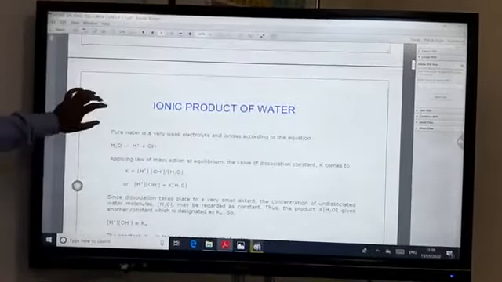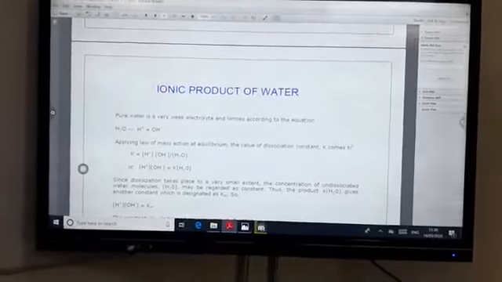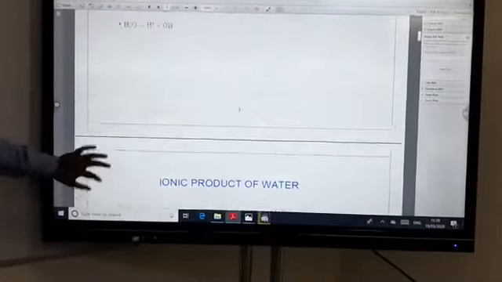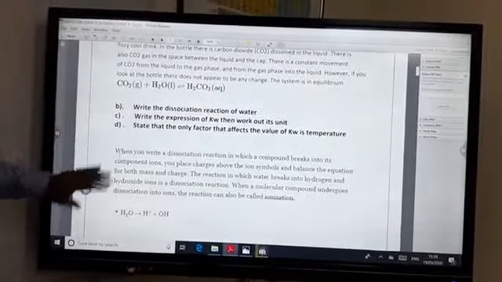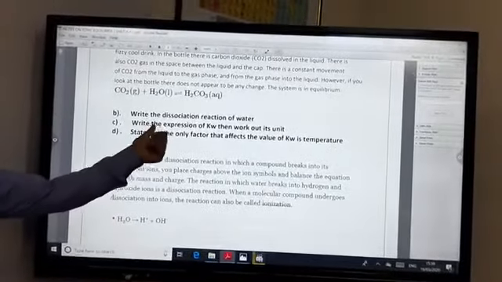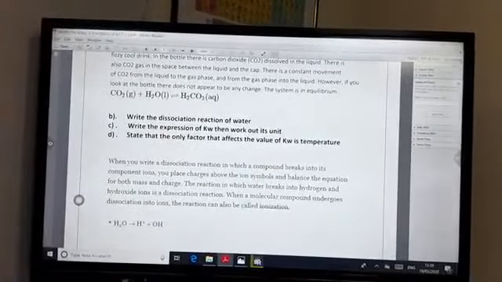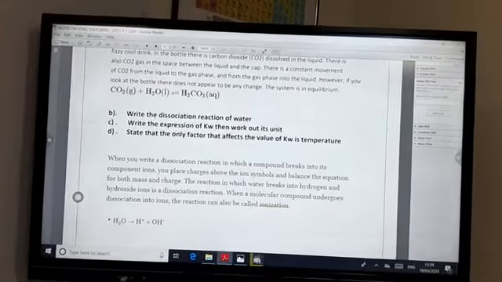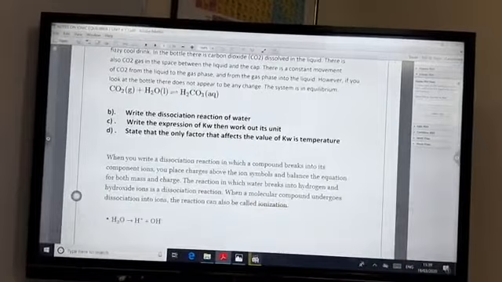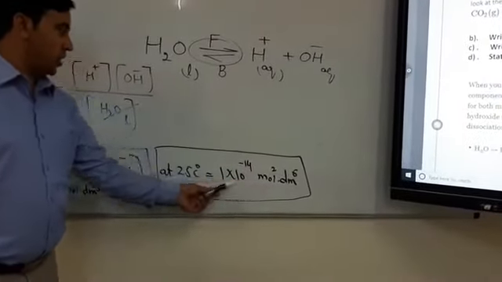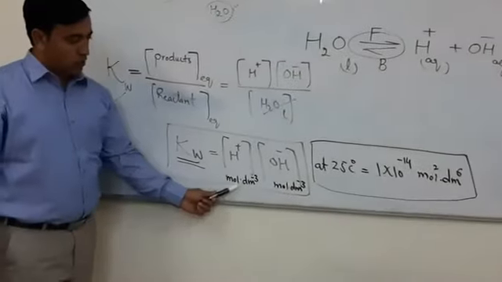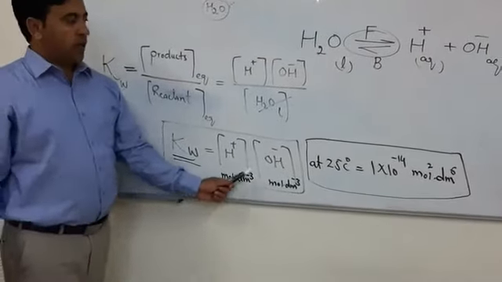The first one, our main objective, is the ionic product of water, and from your syllabus you can see that you are now able to write the dissociation reaction of water, write the expression for Kw, then work out its unit as I did here, and substitute the unit of concentration here, and then